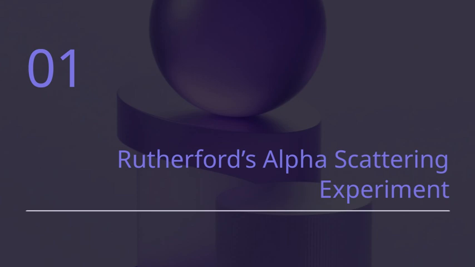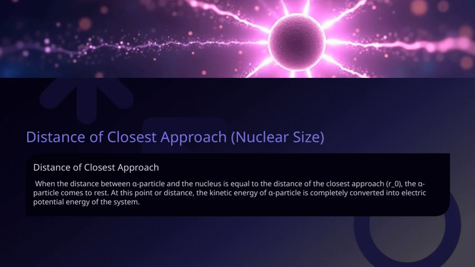This experiment was crucial because it shifted our understanding of atomic structure and laid the foundation for the nuclear model of the atom. It's a perfect example of how carefully designed experiments can challenge existing ideas and lead to new scientific breakthroughs. When we consider the situation where the distance between the alpha particle and the nucleus is exactly equal